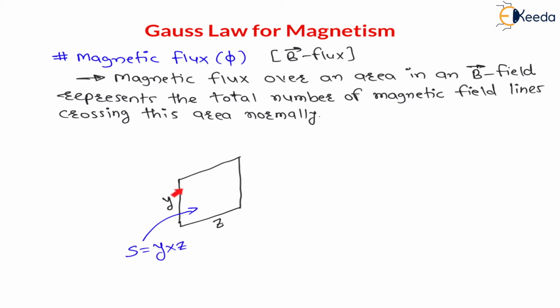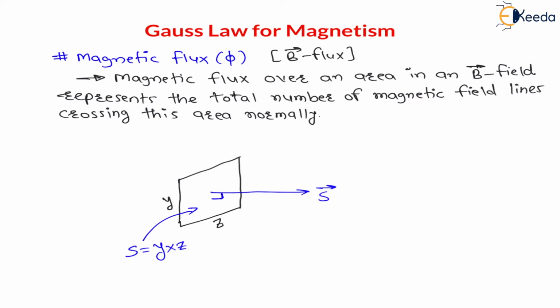Now my dear students, for this area vector, what will be the direction? The area vector is perpendicular to this surface, therefore the direction of this area vector will be like this. It should be the direction of S, right? Or n cap, you can write n cap also, that is the unit vector in the direction of area. This is the direction of the area vector, which is perpendicular to the surface. Already many times we have seen this in previous lectures.